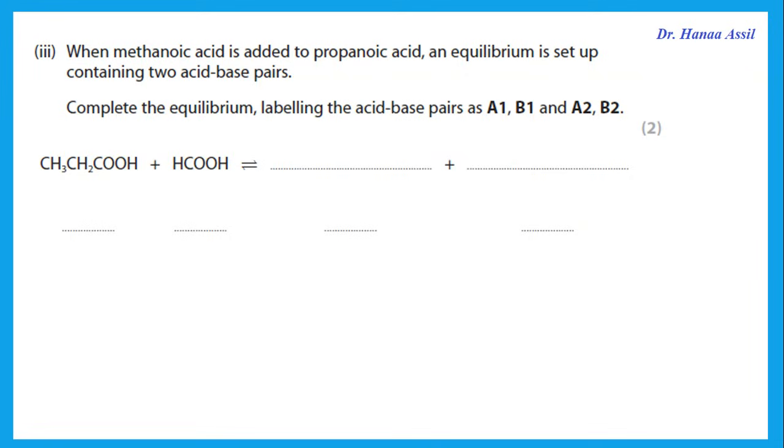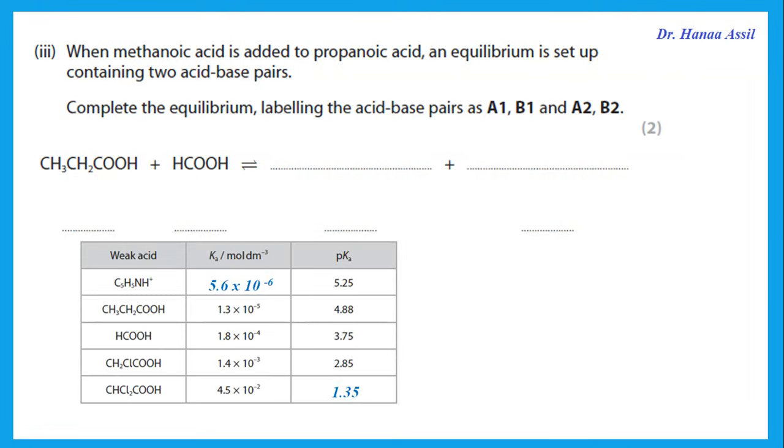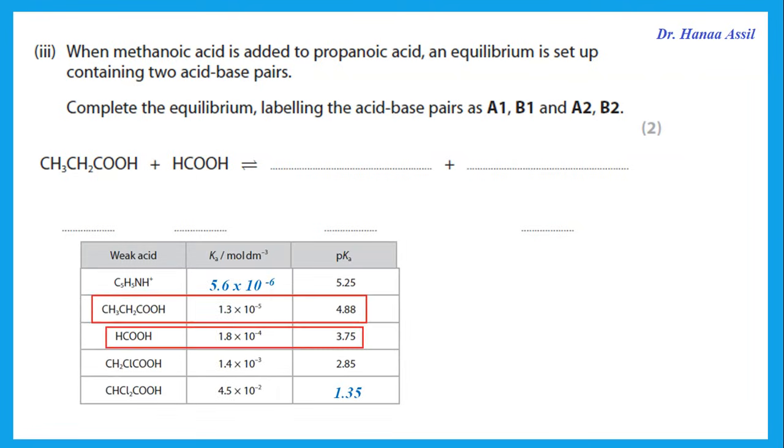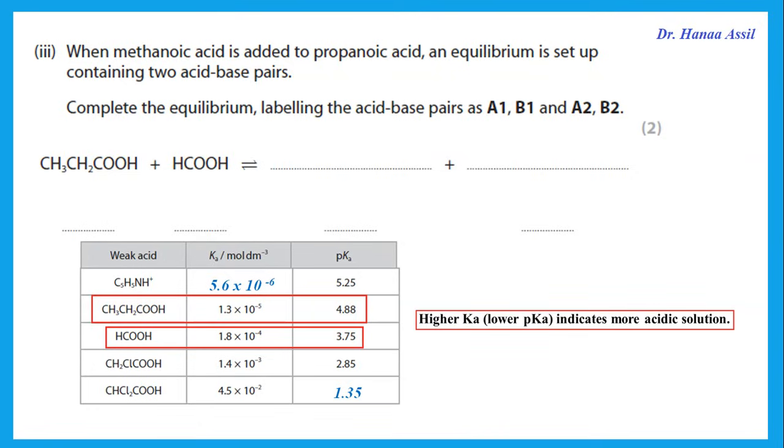In order to determine which of these will act as an acid and lose the proton, the one that would act as an acid is the one that has higher Ka. Remember, higher Ka means the solution is more acidic, means that is the one that would lose the H+. So here, which one has higher Ka? It is the